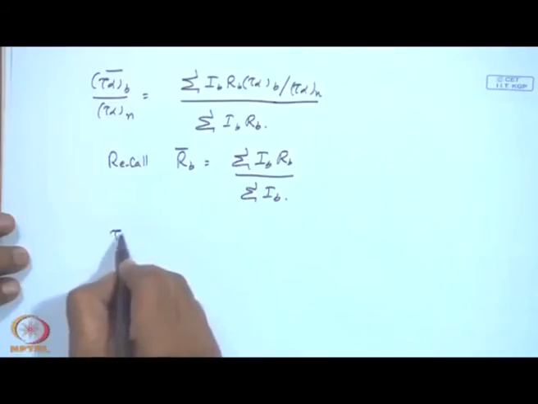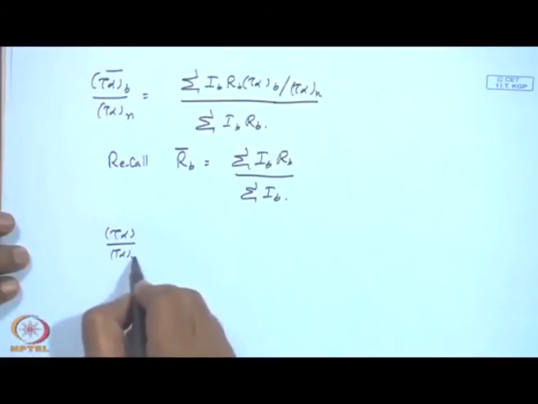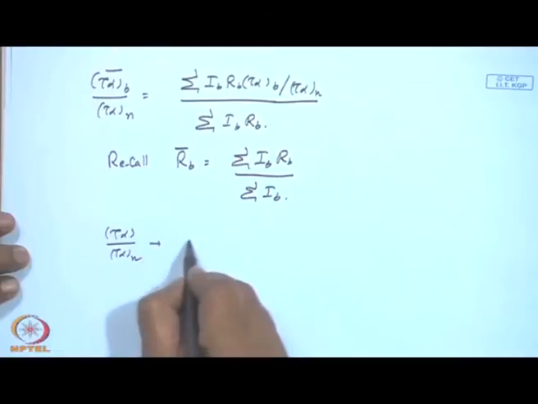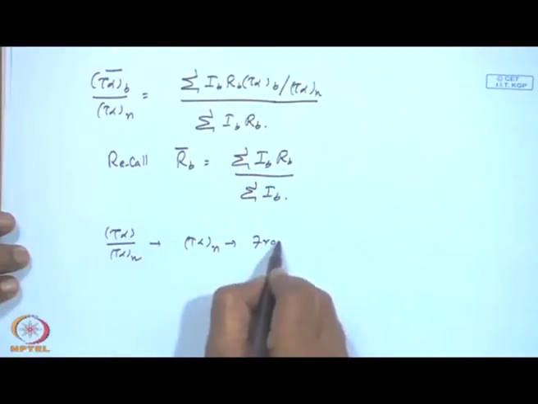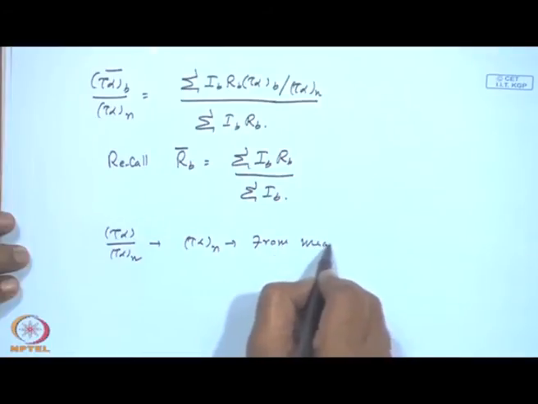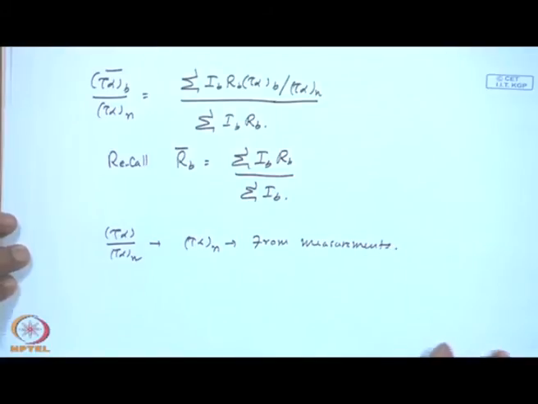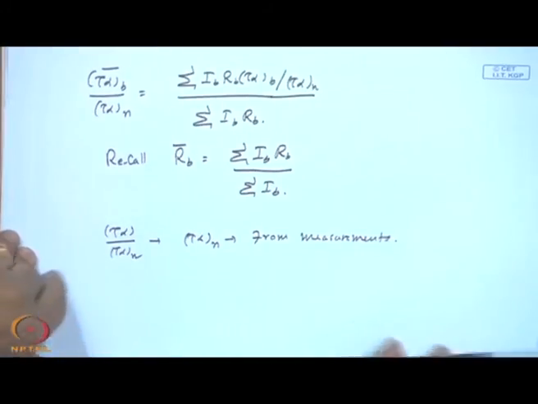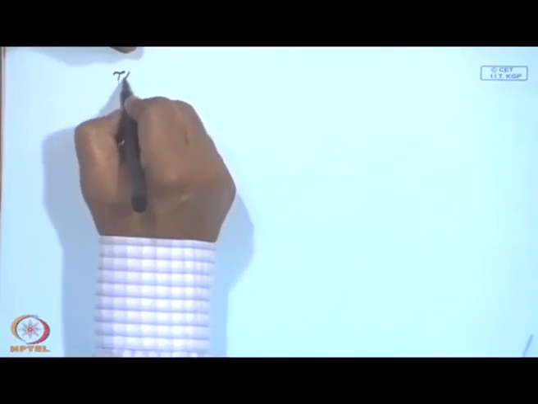So, this is the situation in evaluating first of all tau alpha by tau alpha normal and tau alpha normal from measurements and tau alpha at the corresponding angle of incidence. And we should remember one thing, this relation